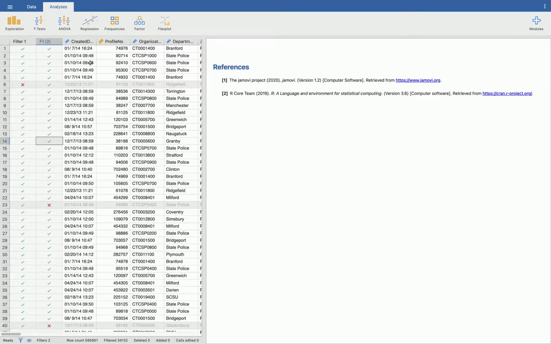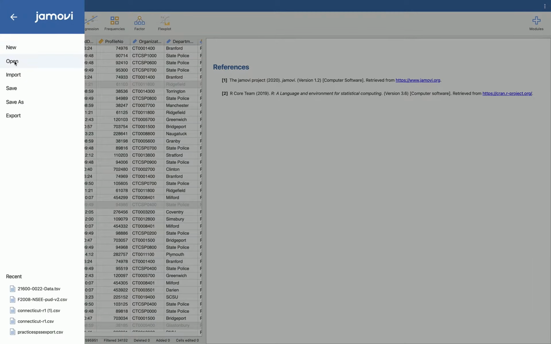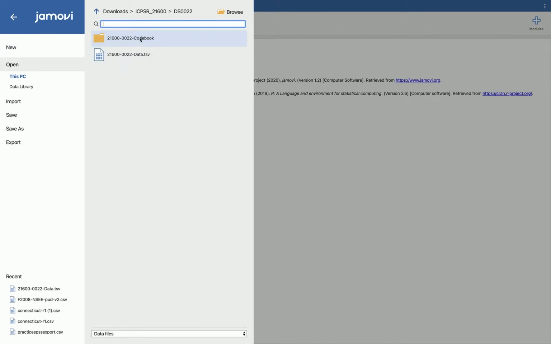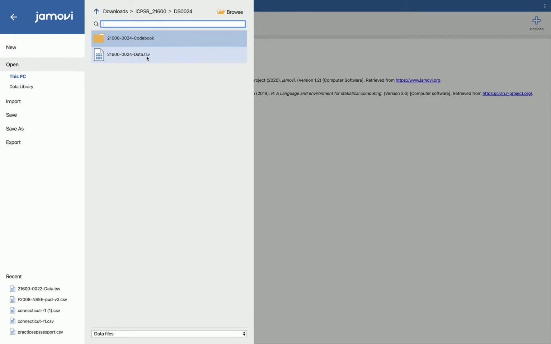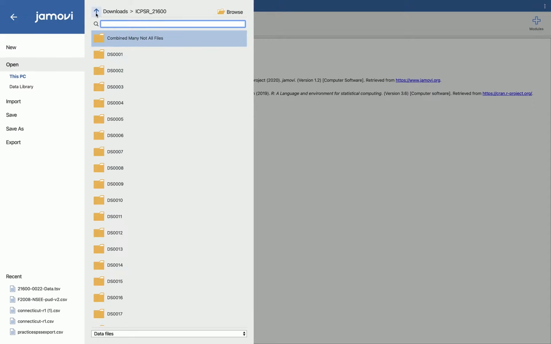All right, so I just want to remind you, how do you open a data file? You click here, you click open, and it goes through the data files you were last at. I have a lot of data files on my computer, as you can see. Now, I did mention it'll open a TST file, no problem. It'll open other files as well, but